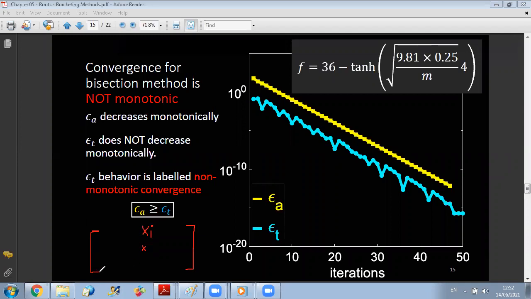Now, in case here the length of this interval was a. Now when you do an estimate for xi plus 1, it will be from this side or from this side. But anyway, you will have that the relative difference between xi and xi plus 1